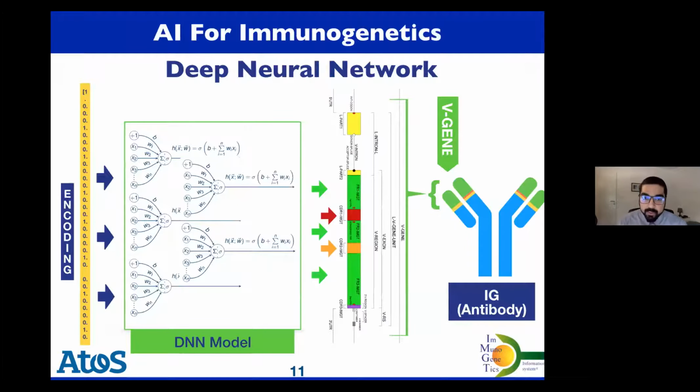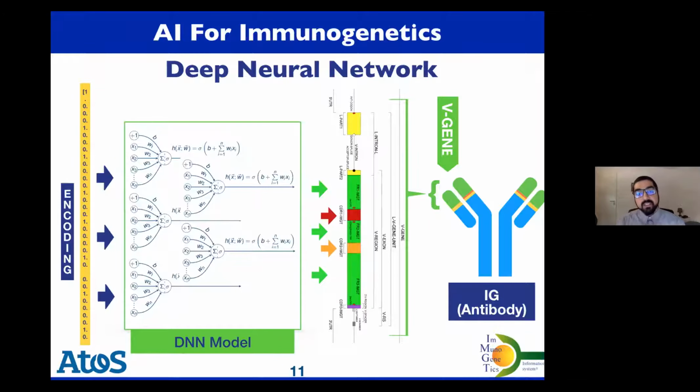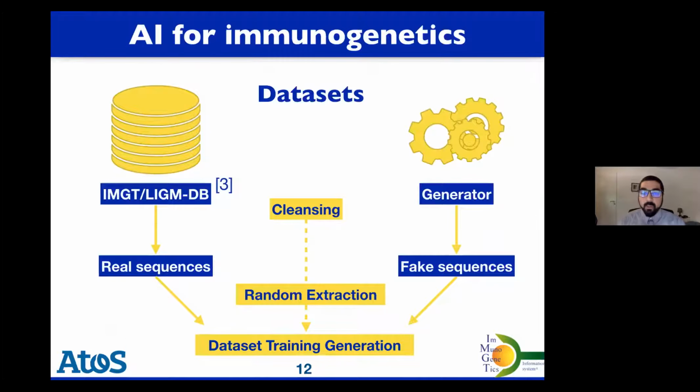So firstly, what we have done is that we have trained a naive deep learning model that is able to classify or to predict the components of the V region. You see that the V region is the green part here. This V region is composed of different motifs, of different components. So we trained a deep learning model to classify if a given sequence belongs to this component or the other components. So how we did that is that we have used the IMGT database, which is a LIGM database,